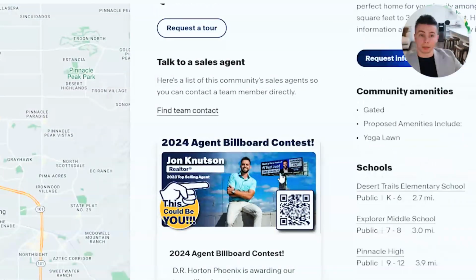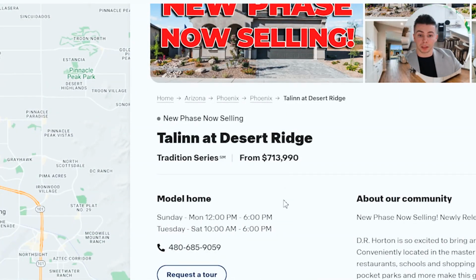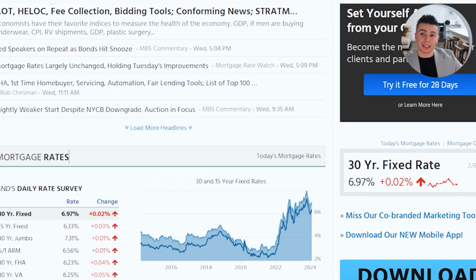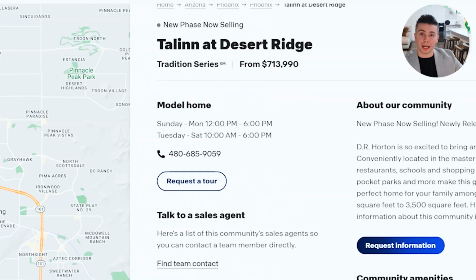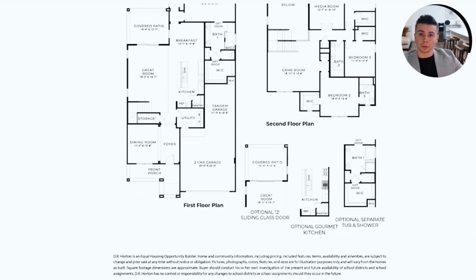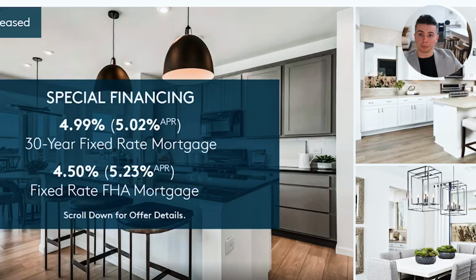Builders like D.R. Horton, the big builders, means that they bought pre-packaged wholesale. It means that they bought a wholesale loan package prior to be able to give that to their buyers. So D.R. Horton currently, when the market rate is 6.97%, is offering a 4.99% with a 2-1 buy down and covering all your closing costs, or up to $10K. That may have been a mouthful, but let's cover one more builder and I'll go into what some of that